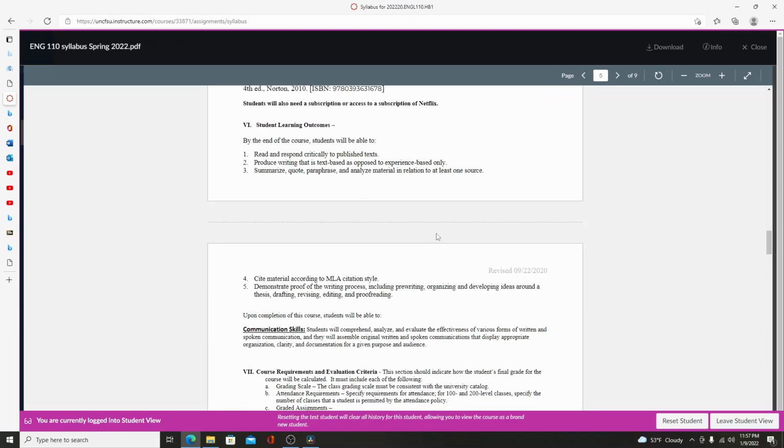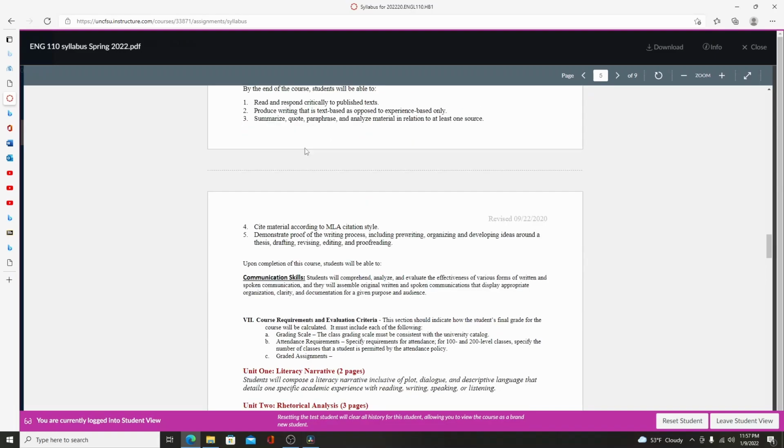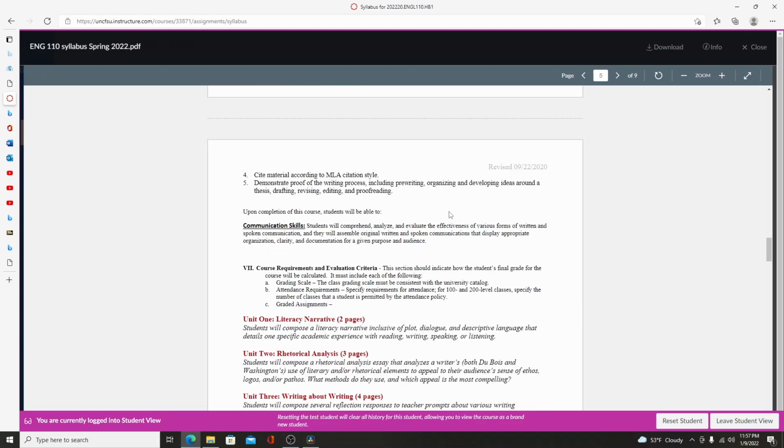And so our student learning outcomes, our SLOs, this is what I expect you guys to be able to do by the end of the course, and that is read and respond critically to published text, produce writing that is text-based as opposed to experience-based only. You're able to summarize, quote, paraphrase, and analyze material in relation to at least one source. You can cite things according to MLA style. And you can demonstrate proof of the writing process, including pre-writing, organization, and developing ideas around a thesis, drafting, revising, editing, and proofreading. Again, if any of this is confusing to you, we will definitely go over it in class,